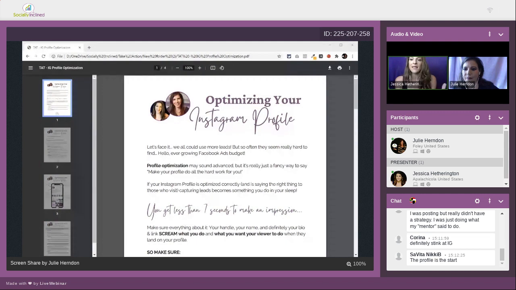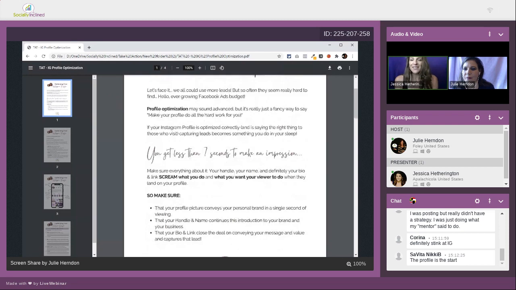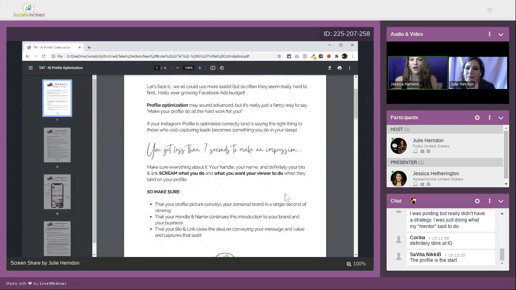And when they see that profile, we want it to speak instantly to your personal brand and to what you have to offer. So that is, in a nutshell, what we mean with this big, scary, advanced marketing word called optimization. For sure.